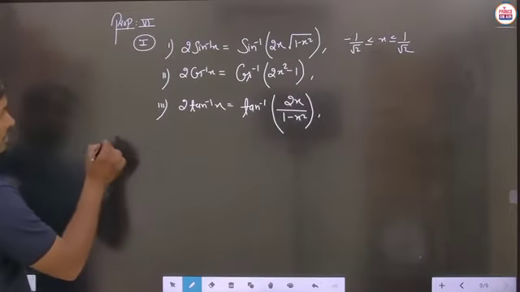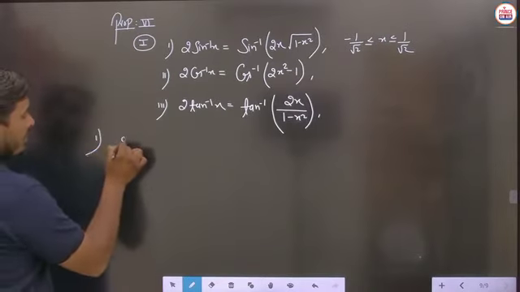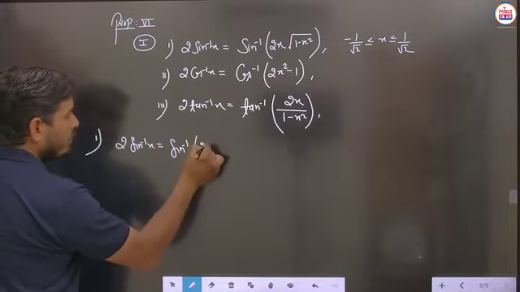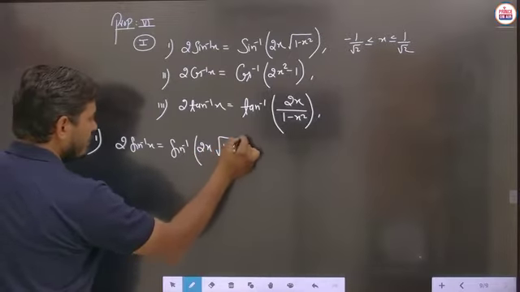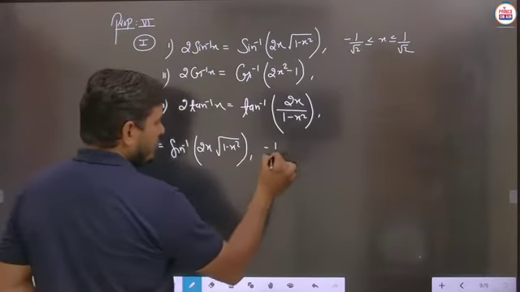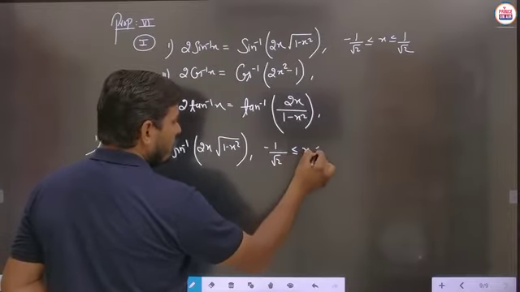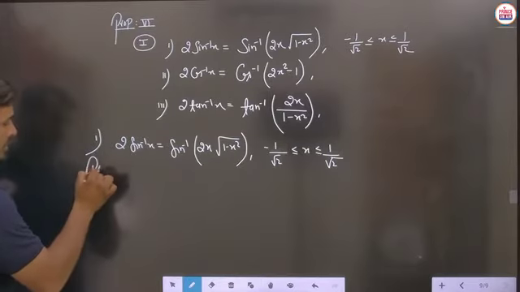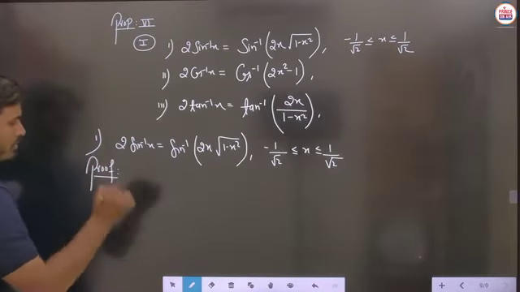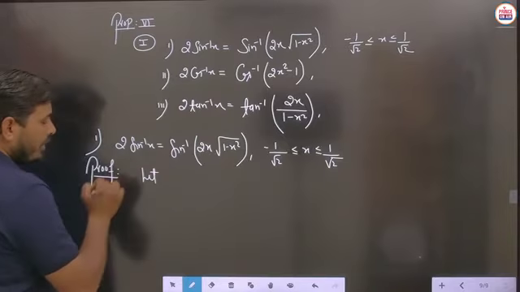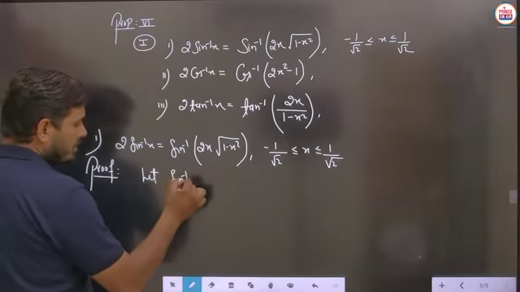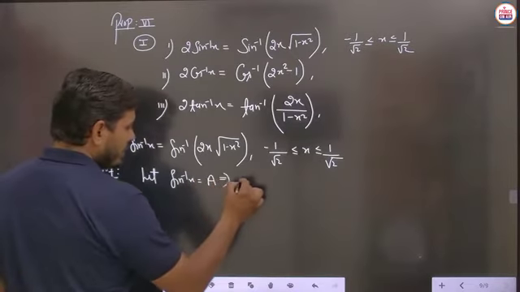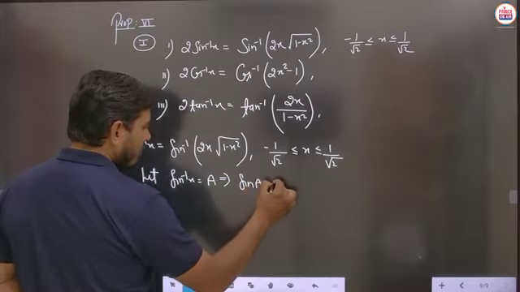Now the first part, we have to see the proof of this part. 2 sin inverse x will be taken as sin inverse of 2x under root of 1 minus x square, and the required result is to be written like this: minus 1 by root 2 to 1 by root 2. No problem. So we have to see the proof of this particular section. So in this part, let sin inverse of x be taken as a. Suppose this angle is a, which implies that sin a becomes x.